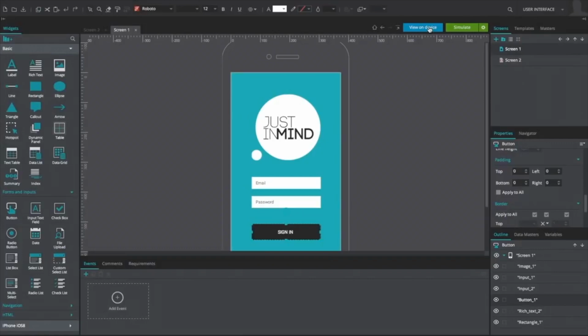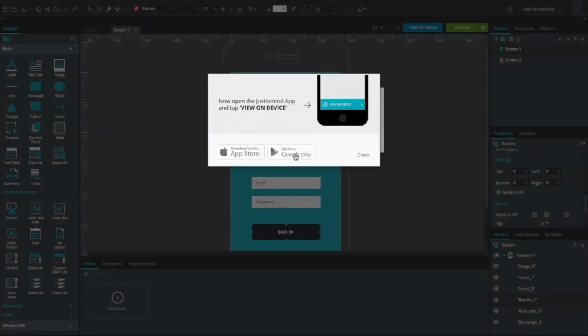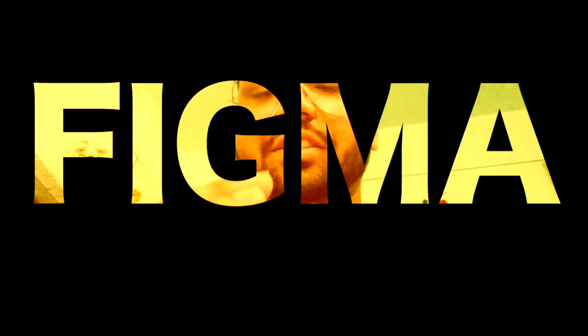I have used the free trial, and if you also want to pay for the full access, you can also try it. Now coming to the last tool in this queue, it is Figma, and it's my favorite prototyping tool. It gives you an immense amount of features and an immense amount of collaboration features also. If you're working in a team, it's a great product, and this is my favorite till now.